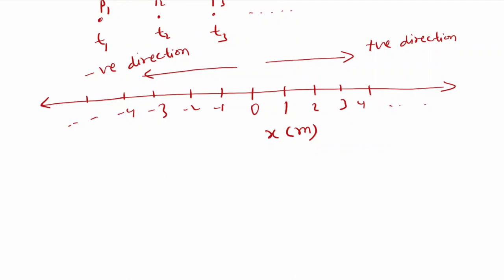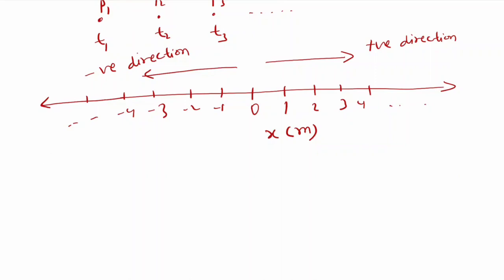Now we have described what is a particle, what we mean by motion, and what we mean by straight line motion. We have also specified that for a horizontal line we are going to use the x-axis, for example. Now the next question is, how do we quantify the motion? That means, how do we measure the motion? How do we put numbers into our discussion? So one of the parameters,